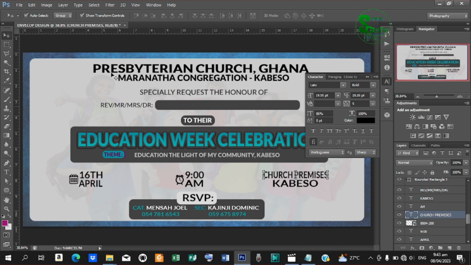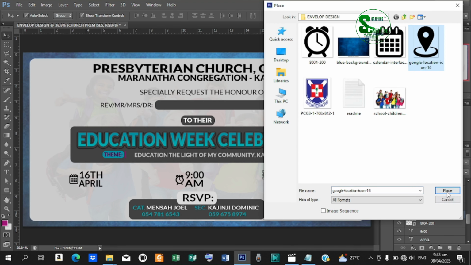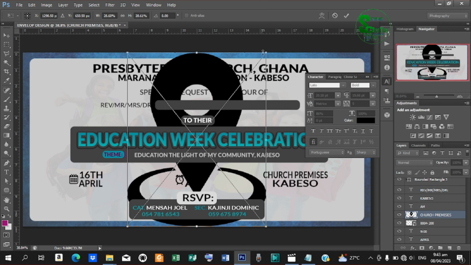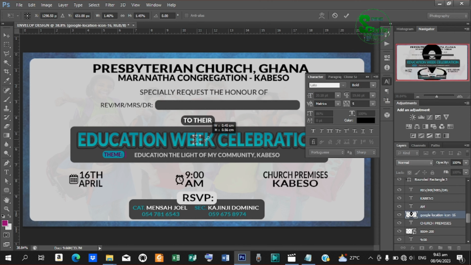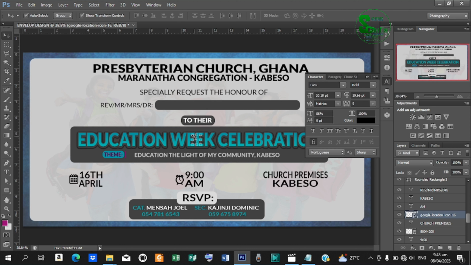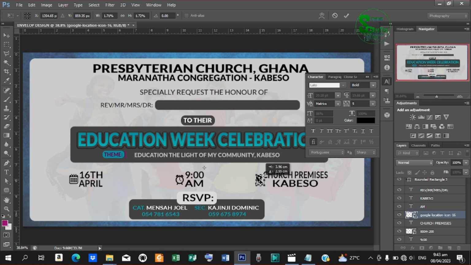Then the next one is I'll pick this one, go to my file, place, and then let me bring the location icon and then reduce the size for this like this. Okay, and bring it to this very end like this. Okay, then